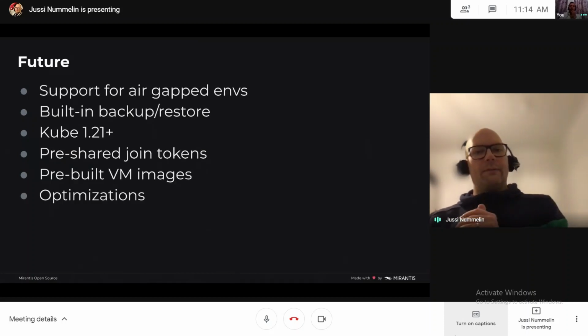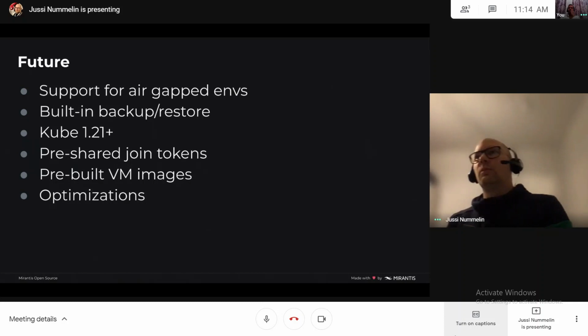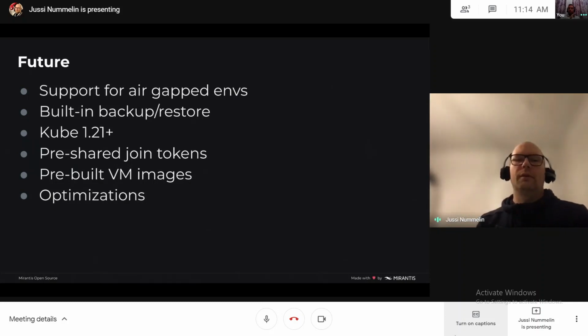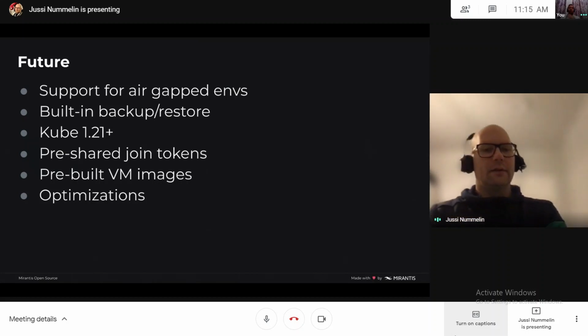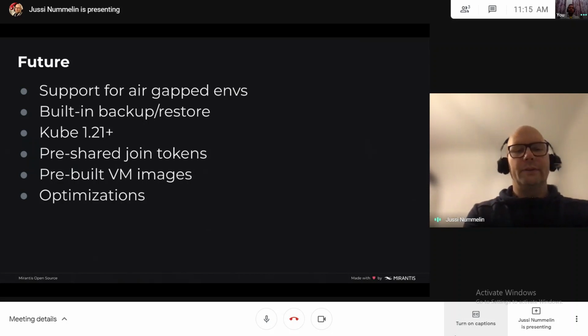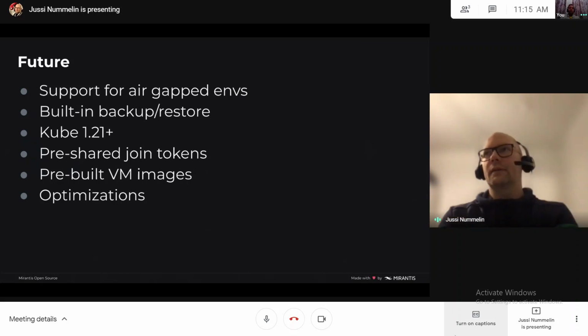For the near future, we are planning to work on support for fully air-gapped environments and built-in functionality for backup and restore use cases. Then of course Kubernetes is going to come out with the 1.21 series of releases in the next couple of months. Pre-shared join tokens to make life easier for cases like auto-scaling clusters.